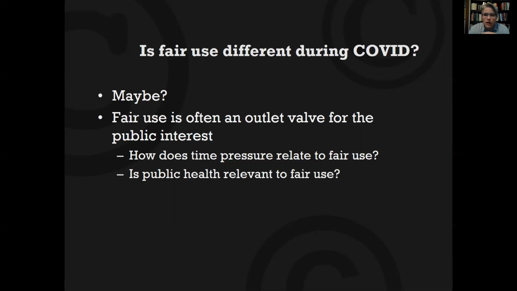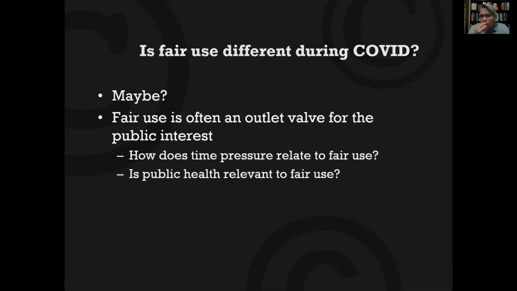So if there's a book and somebody who cannot hold the book or cannot read it with their eyes needs access to it, it may be fair use to digitize the whole book so they can have it read aloud to them by a computer. That case suggests there's public interest in fair use beyond just information access, although that is about information access, beyond just cultural criticism.